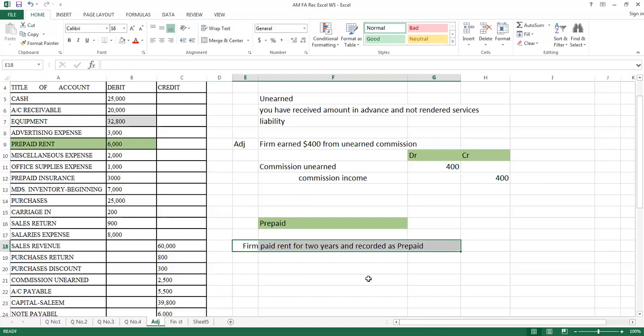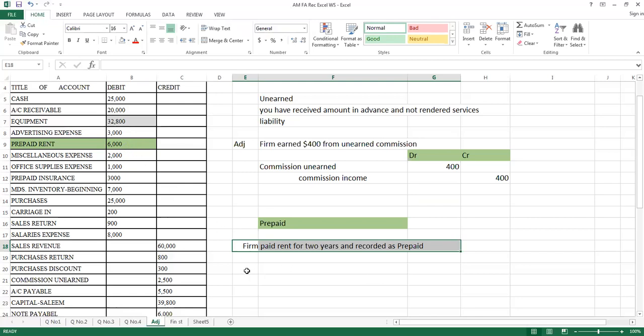So student, if I paid any amount for 2 years, it doesn't mean that in this year I used the whole amount. This amount should be split into two parts. Half should be used in this year and half should be used in the next year. But carefully listen. If I do not make any adjustment, then my trial balance is telling me that I still have advance rent of 6,000. While practically I know that since I am using it for 1 year, I have already consumed 3,000 of it. It means that this information is not correct. It needs adjustment. So what adjusting entry should be passed at the end of the year?